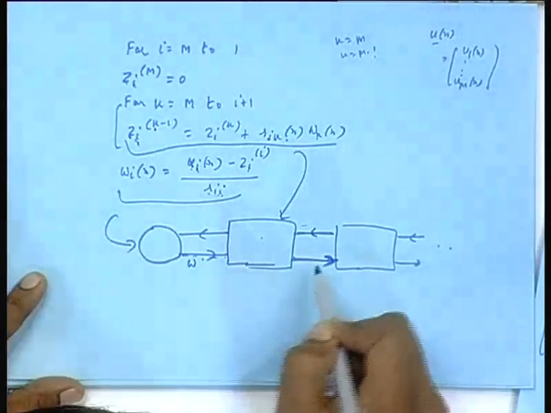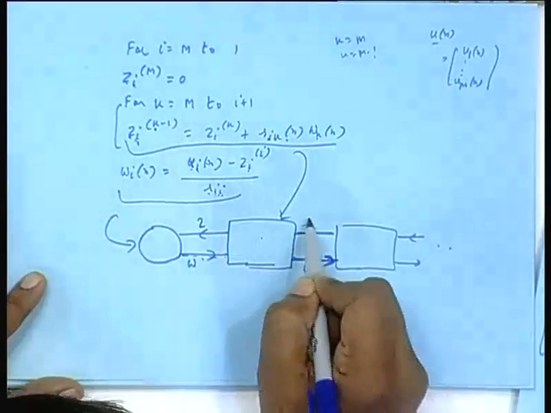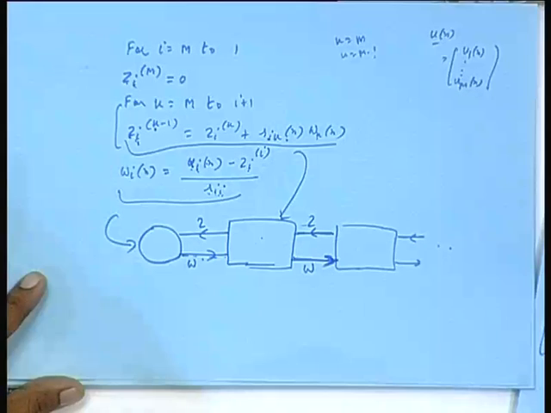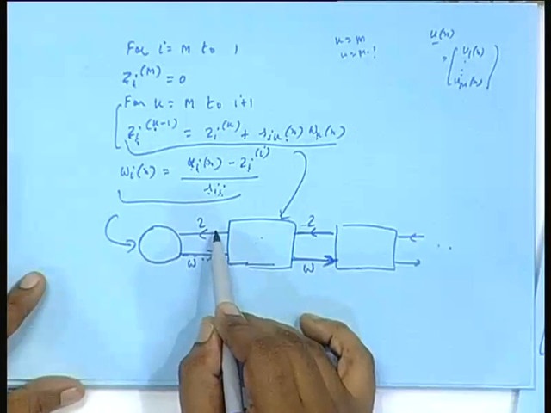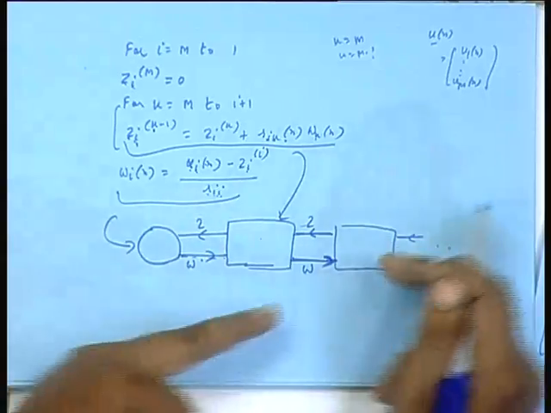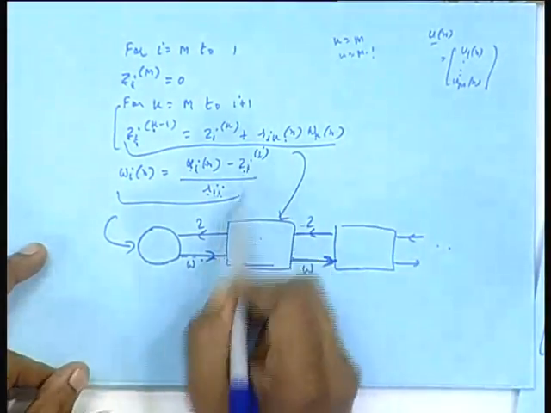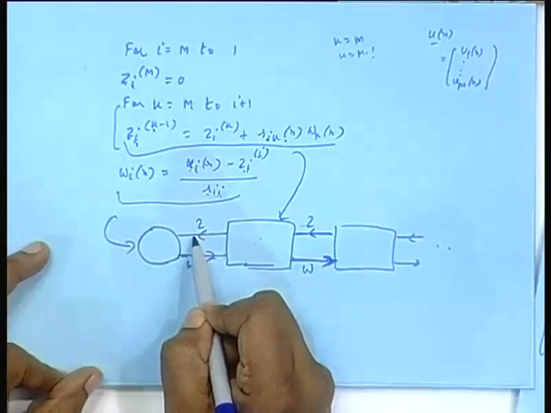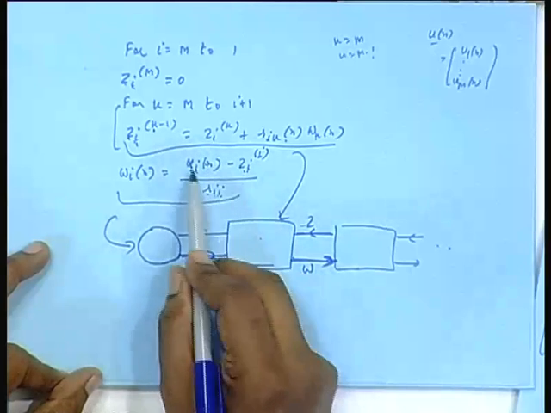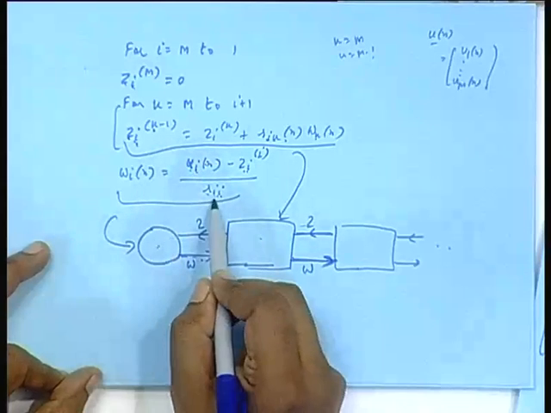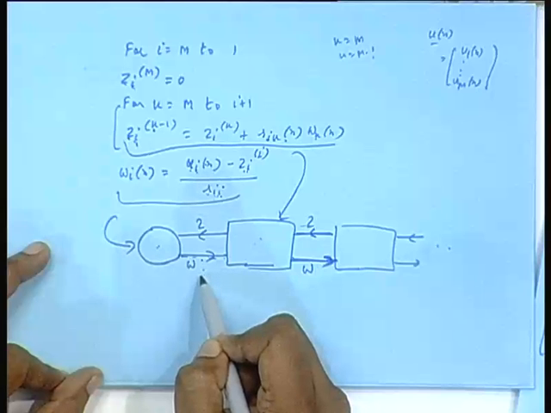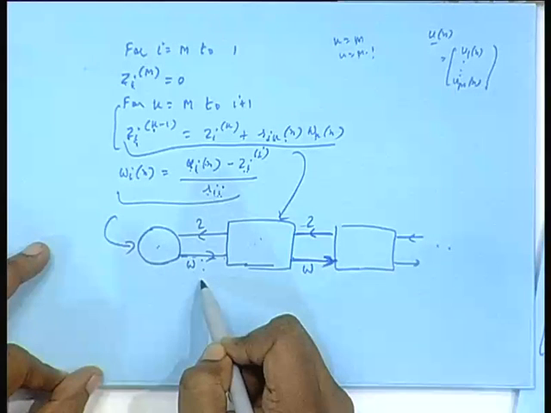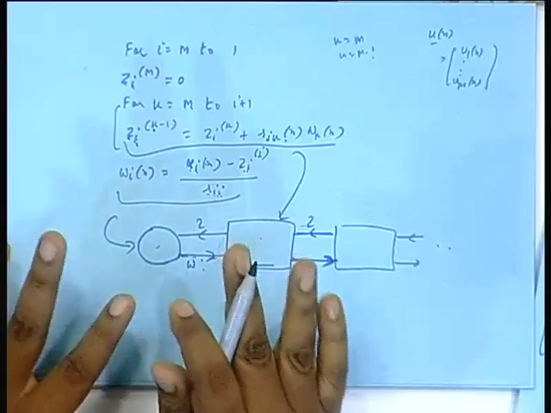Here the weights will move, and here j's will move. New z from old z will be computed here. When this z is computed, when it becomes z i comma i, then only it reaches here. That minus the stored value, when subtracted from the stored value and divided by the stored value, will generate the new weight. I suggest you work it out.